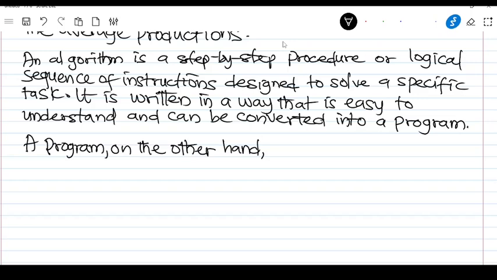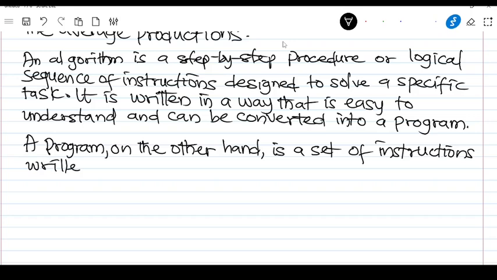A program, on the other hand, is a set of instructions written in a particular or specific language that the computer can understand,